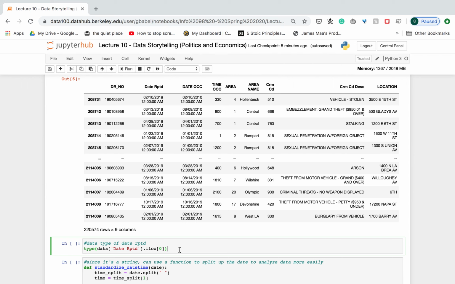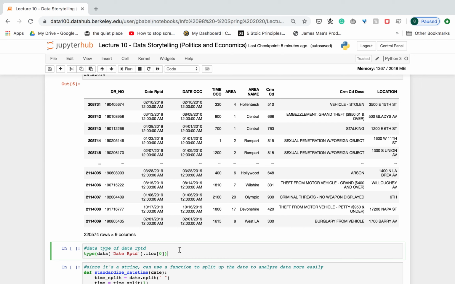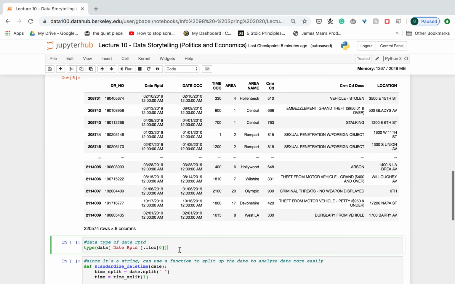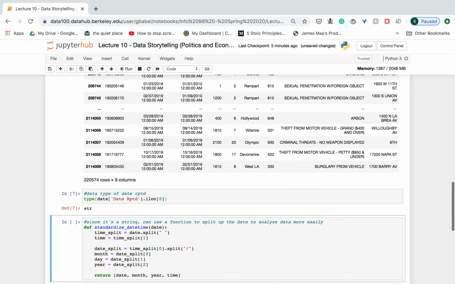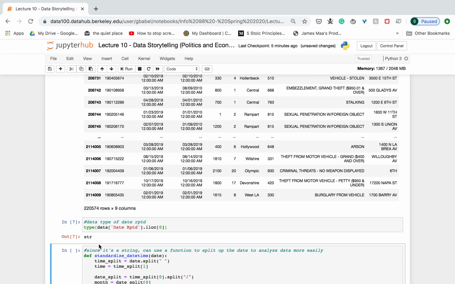Now, another thing about the format of the date and time is that it makes it a bit difficult to analyze if we want to look for specific days or specific months. And so one thing we would want to do is break that apart and maybe create a separate column for the month that it occurred. So what we can do first is look at the data type of the value in that column, and we can see it's a string, which is great because that means we can use string functions to split up the